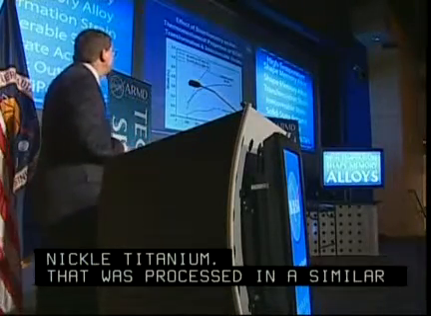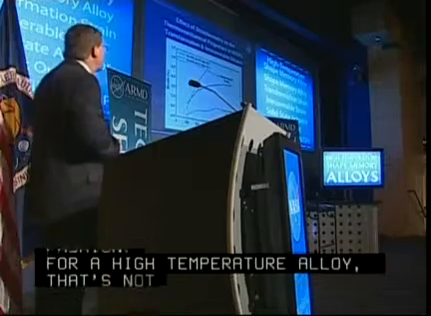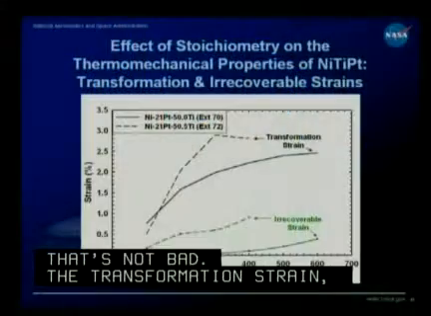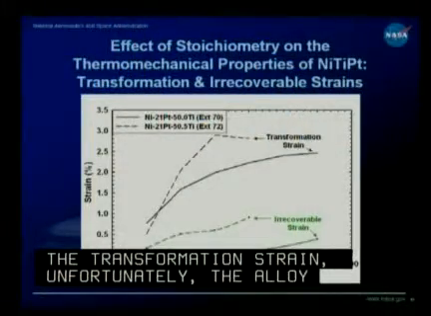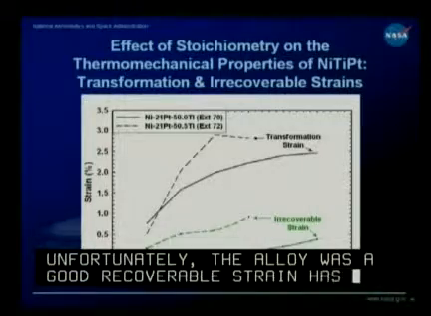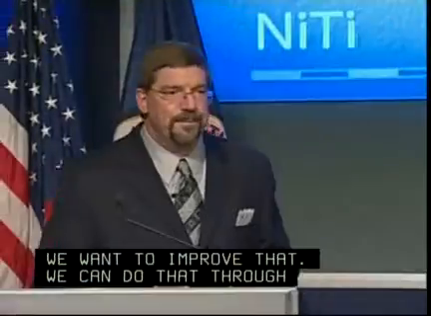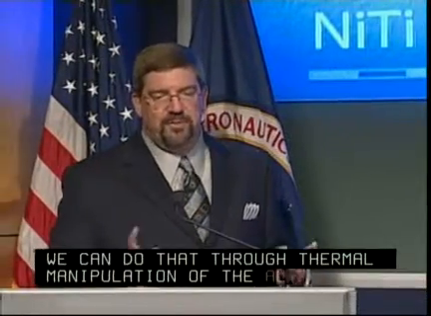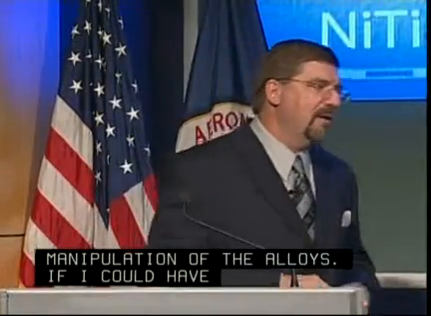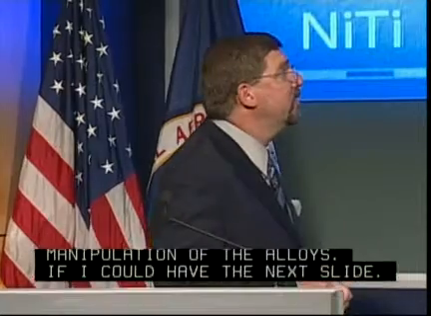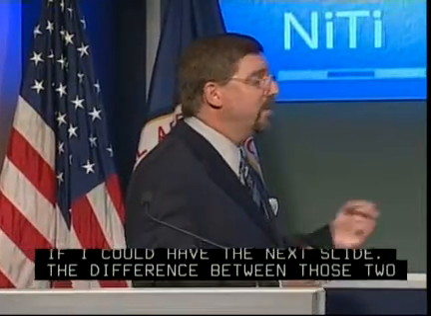And then the transformation strains, unfortunately, the alloy with a very good irrecoverable strain has lower transformation strain, and we want to be able to improve that, but we can do that through thermal manipulation of the alloys. So if I could have the next slide. The difference between these two alloys, if you just look at the diffraction spectrum, and these are neutron diffraction spectrum taken at room temperature,